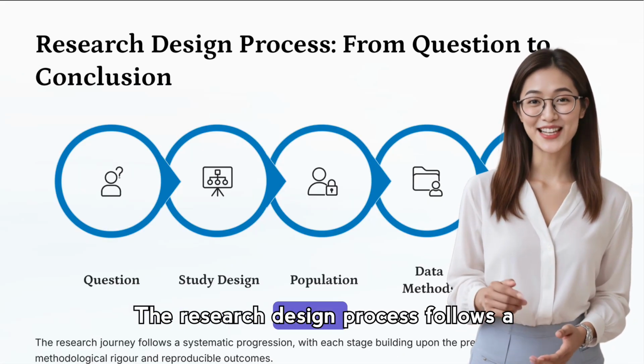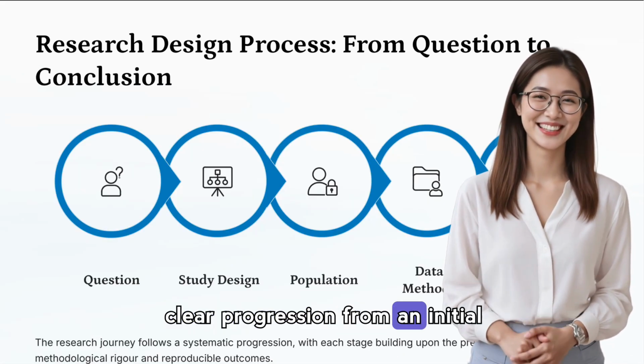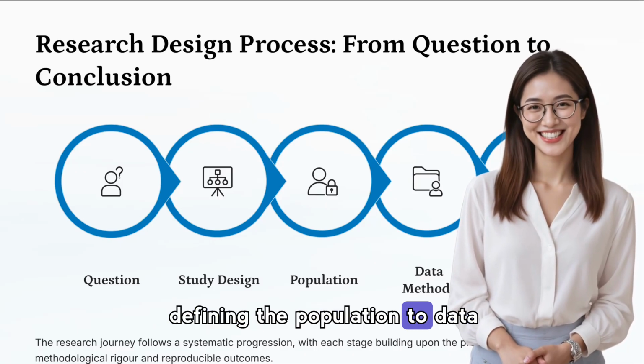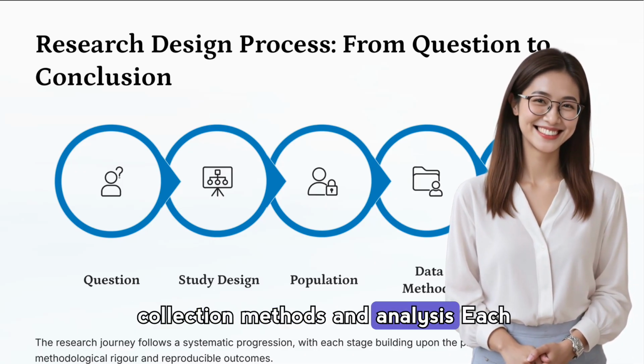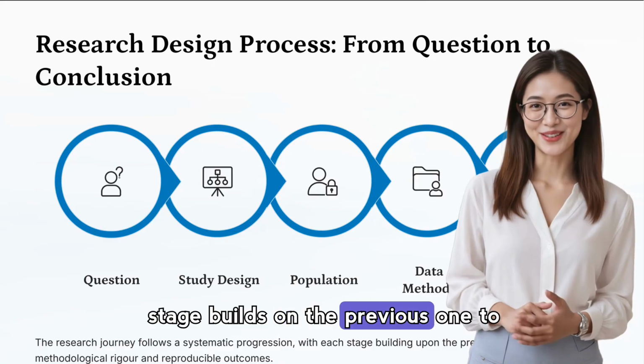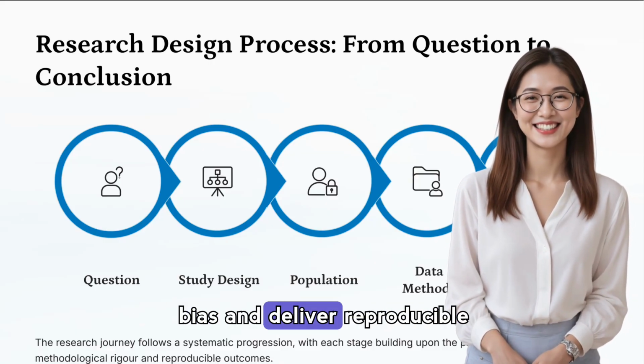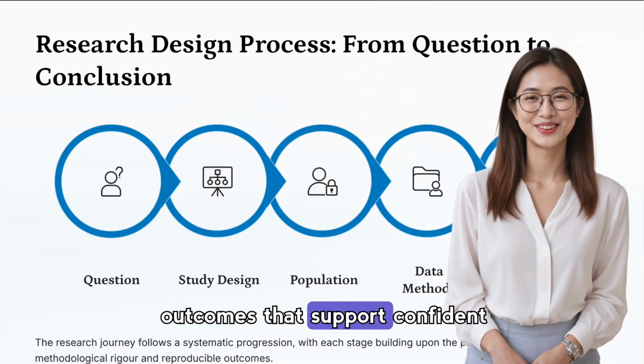The research design process follows a clear progression from an initial question, through study design and defining the population, to data collection methods and analysis. Each stage builds on the previous one to ensure methodological rigor, minimize bias, and deliver reproducible outcomes that support confident